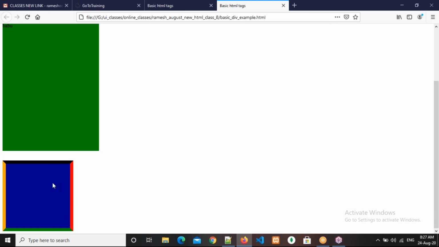What is border-top? The space from the top left corner to the top right corner is treated as border-top. The space between the top right corner and bottom right corner is treated as border-right. The space between the bottom right corner and the bottom left corner is treated as border-bottom, and the space between the bottom left corner and top left corner is treated as border-left.